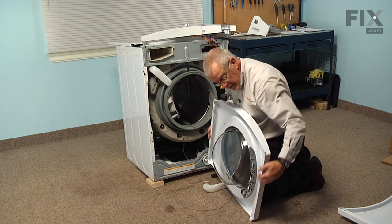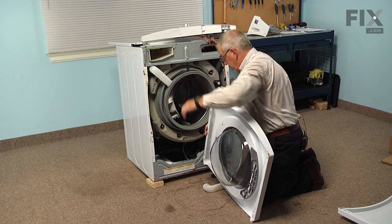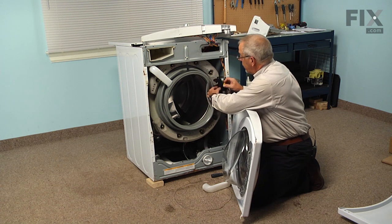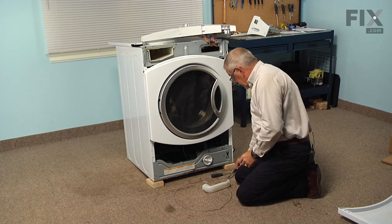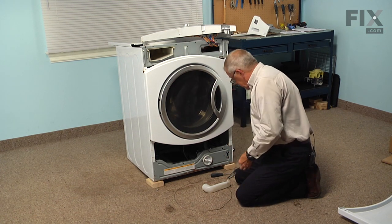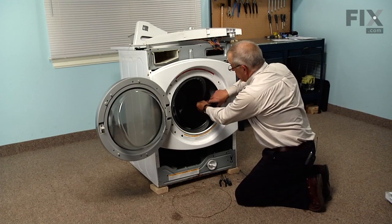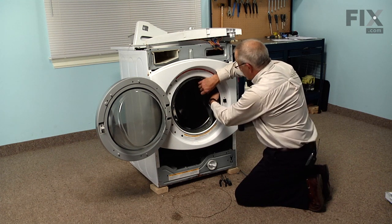So we'll engage these two slotted openings with the hooks on the top, and that will allow it to hang in place. And then we can reach inside and pull the door latch assembly into position afterwards. Now with it in position, we'll put two screws in on the top just to secure it, and then we can reach inside and position the door latch. Just pull that bellows aside, and then we can reach in and line up the door latch, and then replace